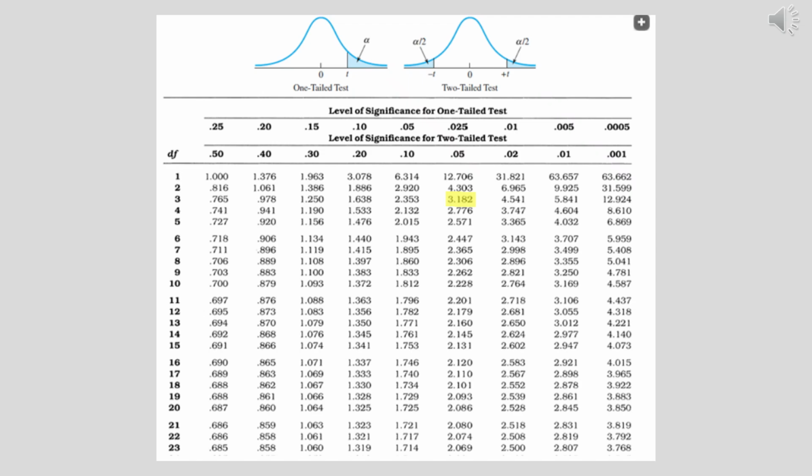Remember that the t-value that we actually just calculated based on our r of 0.9 was 3.58, and that's more extreme than 3.182. So we know without a doubt that our observed t-value is in the critical region. We reject the null hypothesis, and we can conclude that in fact there is a significant relationship between the number of phones owned and the number of laptops owned, because this will also tell us the probability of observing such a high t-score of 3.58